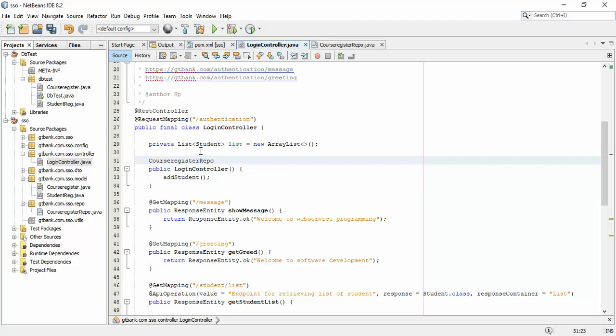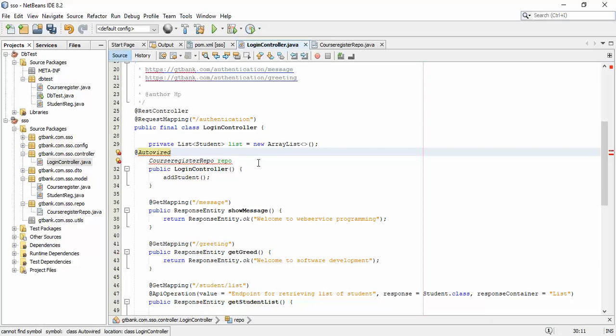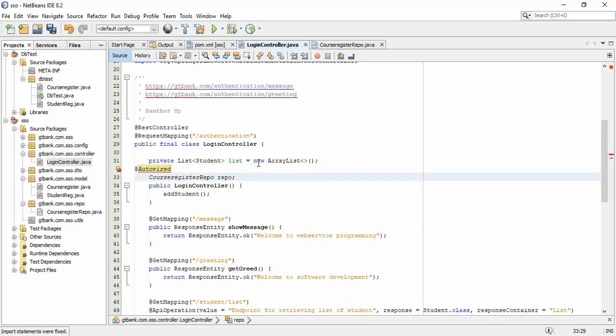What you normally do is when you call it, you now say repo is equal to new this, right? But here, you don't need that. There is what we call auto wire. You say @Autowired. So autowire is a Spring